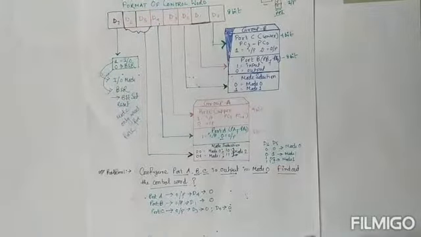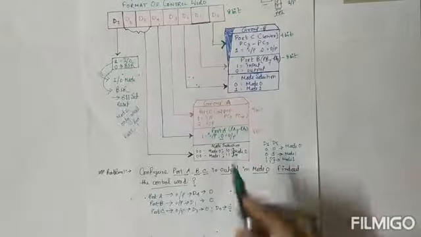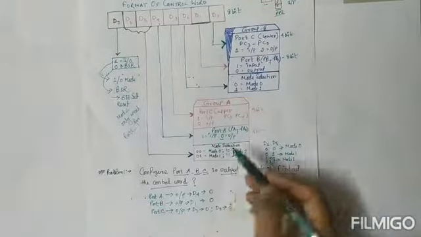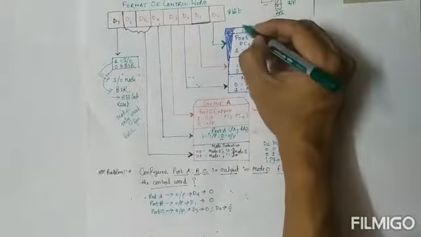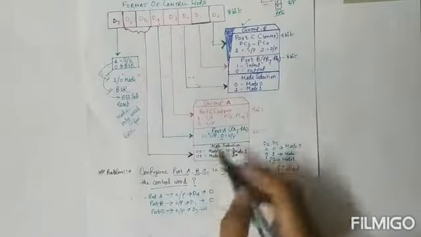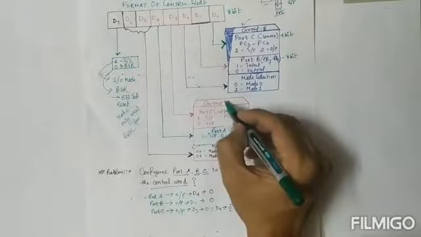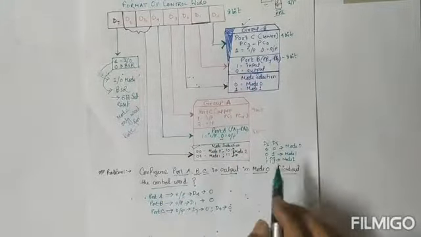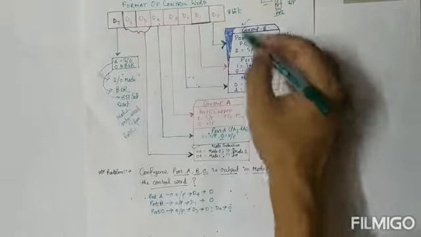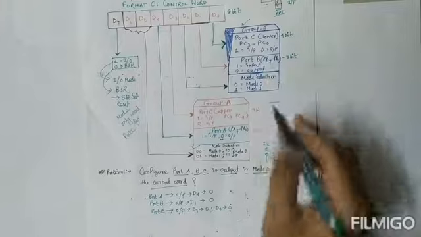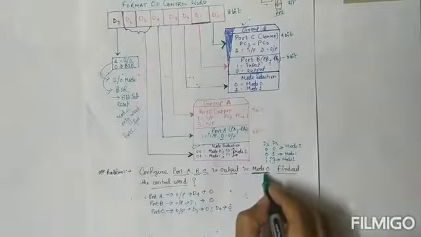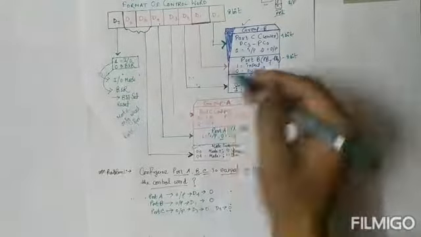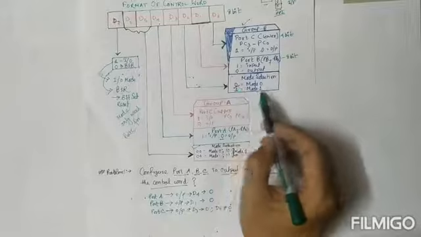Next, in mode 0 condition, this is a group B mode selection. This is the mode selection for group A, and this mode selection is for group B. In total, these 3 bits are in mode 0 condition. First, mode selection for group B. D2 indicates the mode selection. Here the problem indicates the mode 0 condition. Mode 0 means 0, and 1 means mode 1. Then D2.